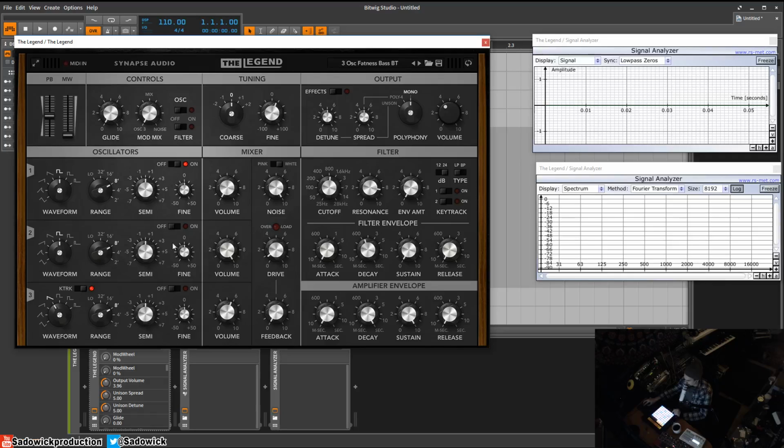So remember over here we have the key track on and off. You can actually key track the filter. You can key track the cutoff point, because what is a cutoff? A cutoff is basically just frequency. So you can key track